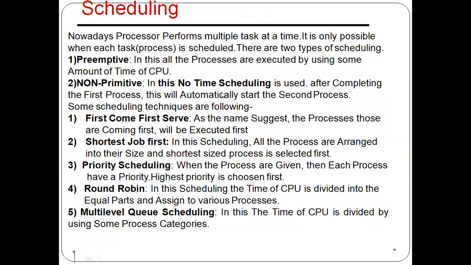Next is scheduling. How does it schedule? Nowadays processors perform multiple tasks at a time. It is only possible when each task or process is scheduled. There are two types of scheduling. One is preemptive and non-preemptive.